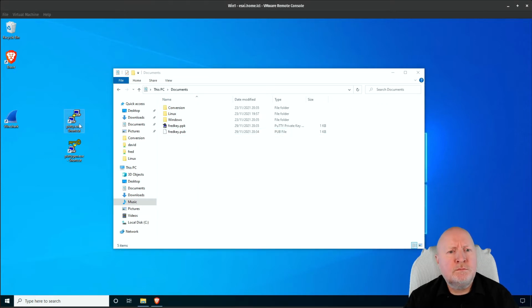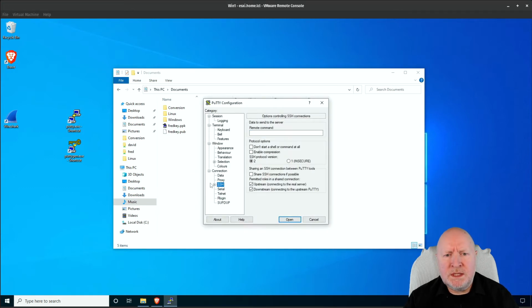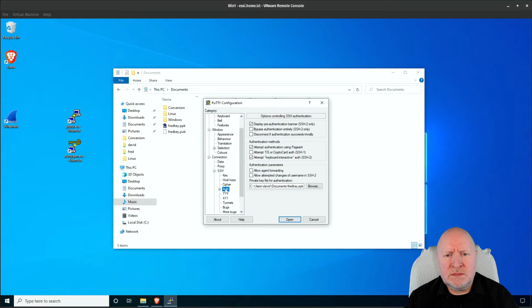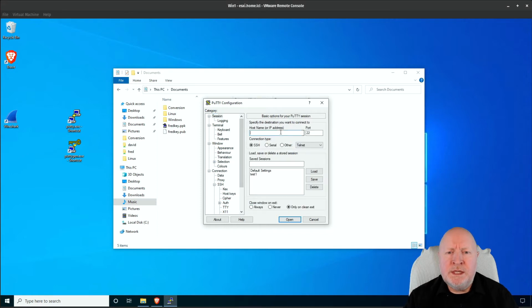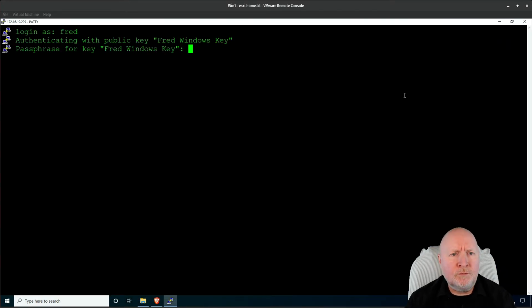So we'll load PuTTY back up again. If we come down to SSH, down to auth, it's now stored as part of the default session. So that's quite useful, I find. So again, if I just type the IP address of this server, 172.16.17.19 rather, not 229, and click open now, again I get prompted to log in with our user account. Hit return,